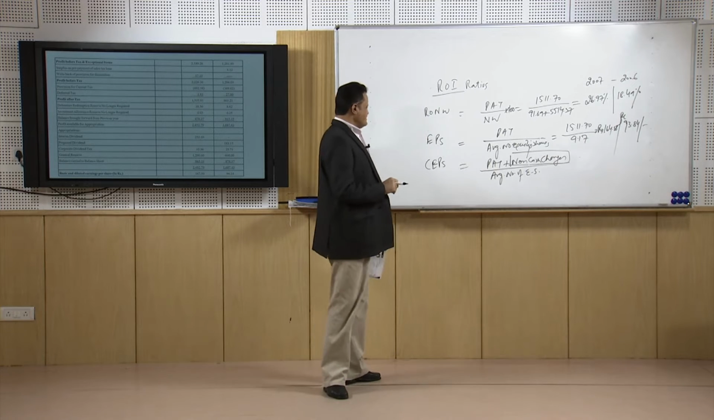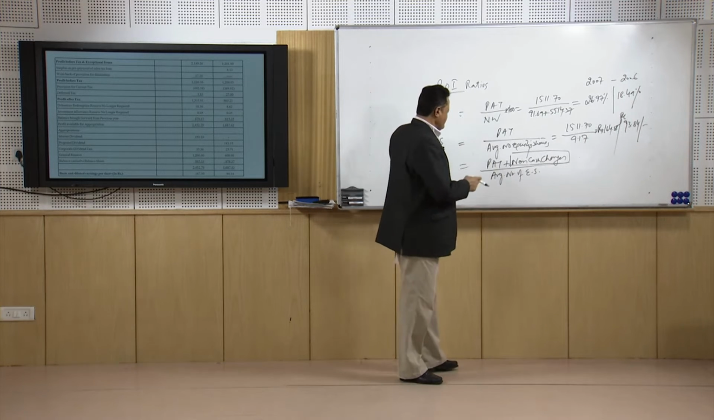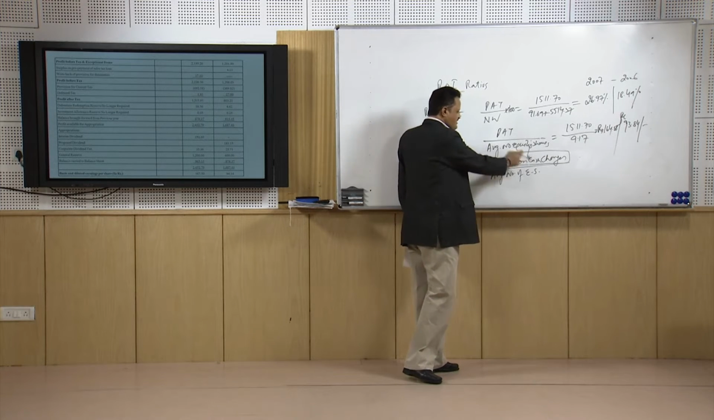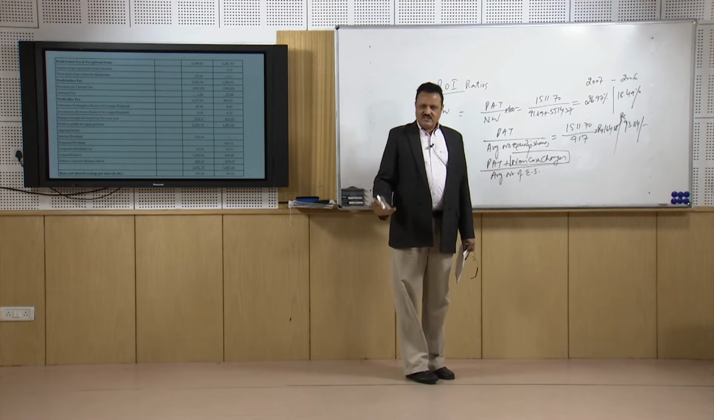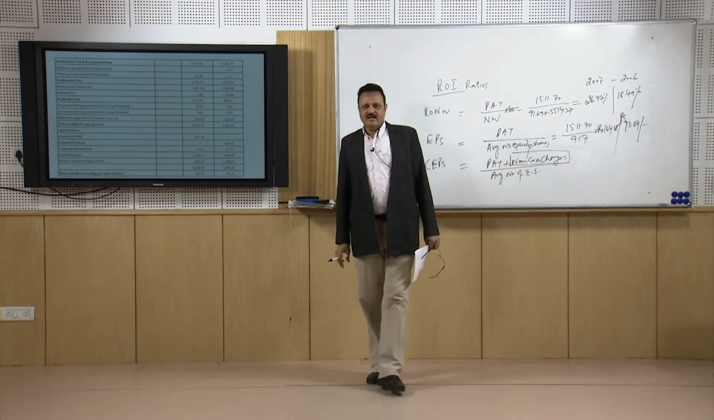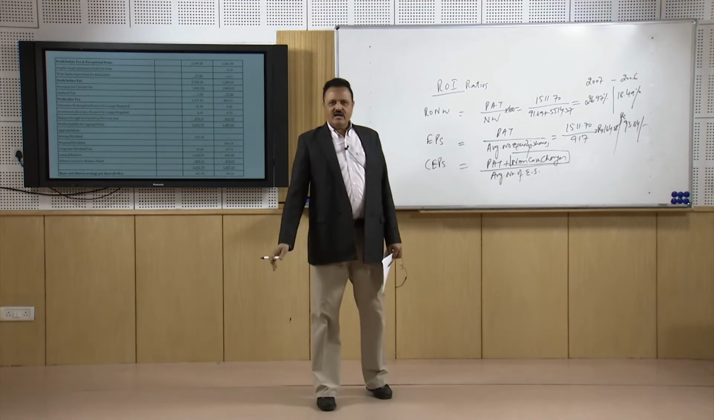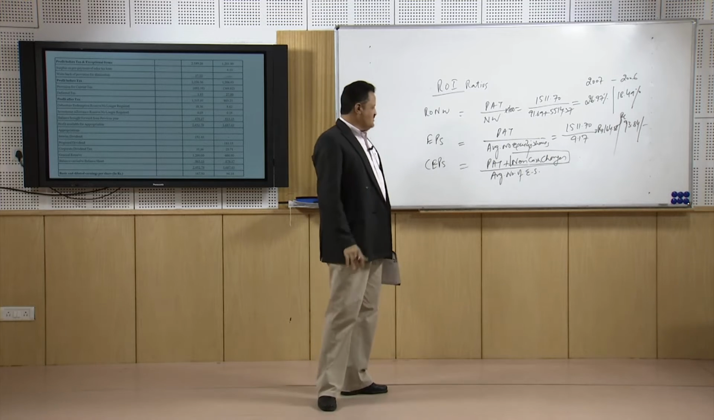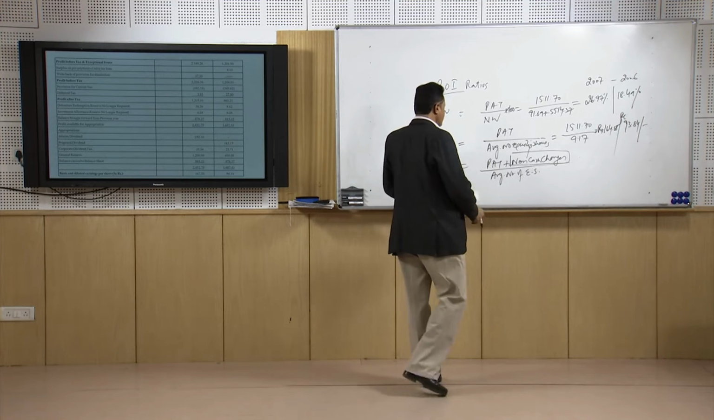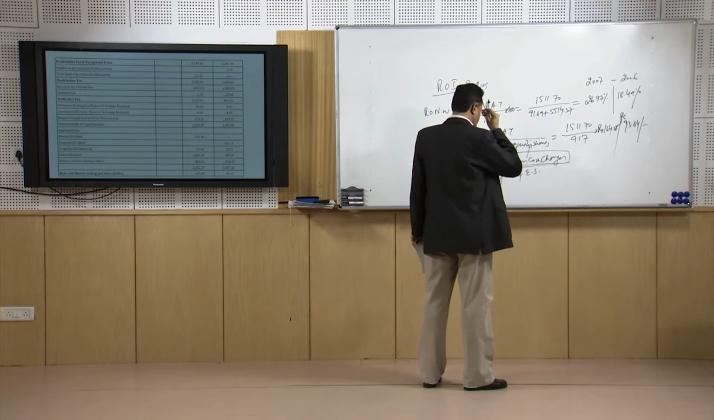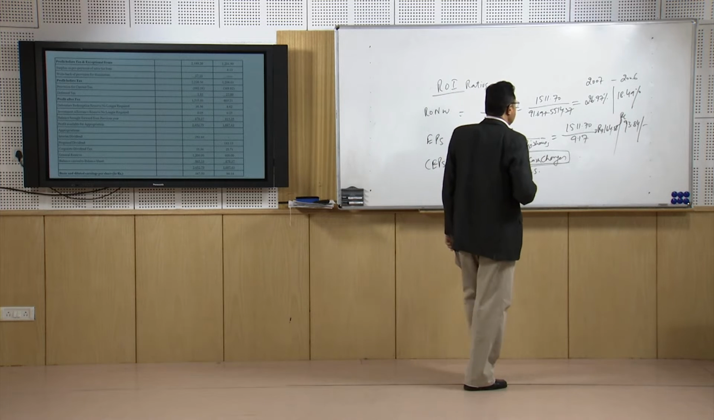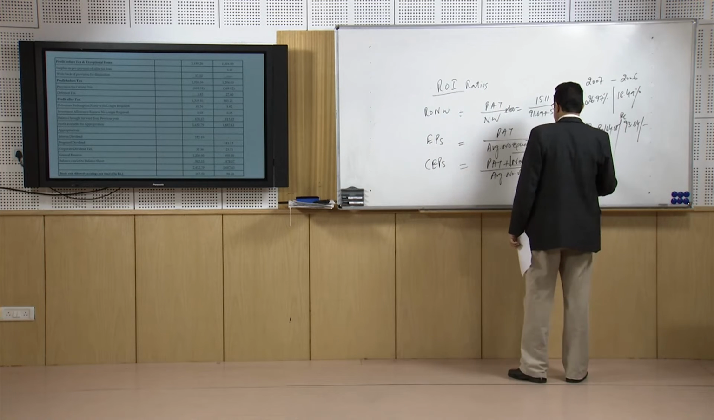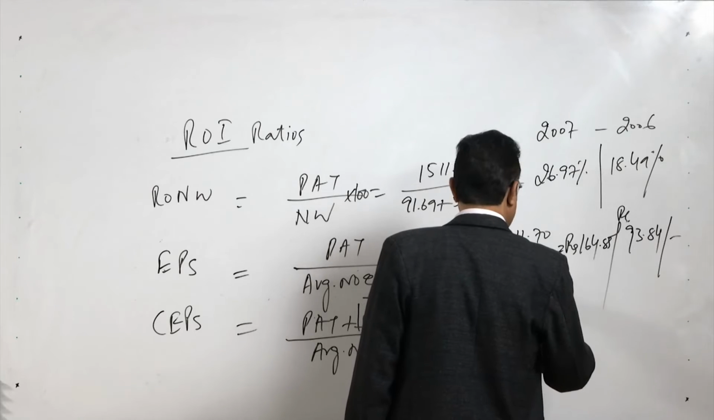So we calculate this ratio, the cash earning per share, because even if there is a loss, there is still some cash available. So to pay some emergent or unforeseen expenses, the firm is in a position to pay for that. That is why we calculate the cash earning per share, and when you calculate it, we will have a PAT here. This PAT is